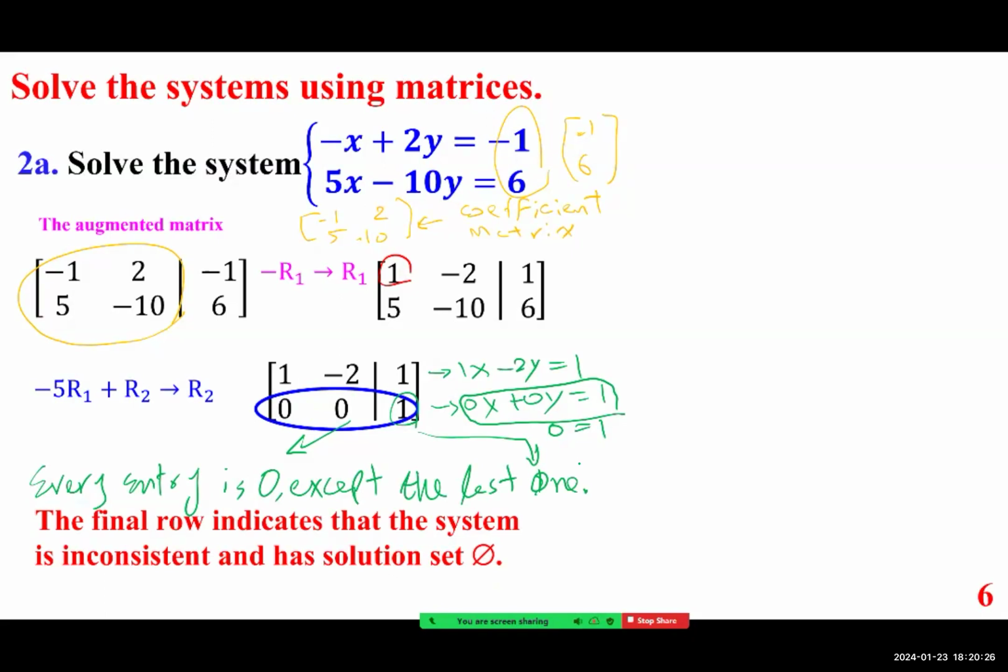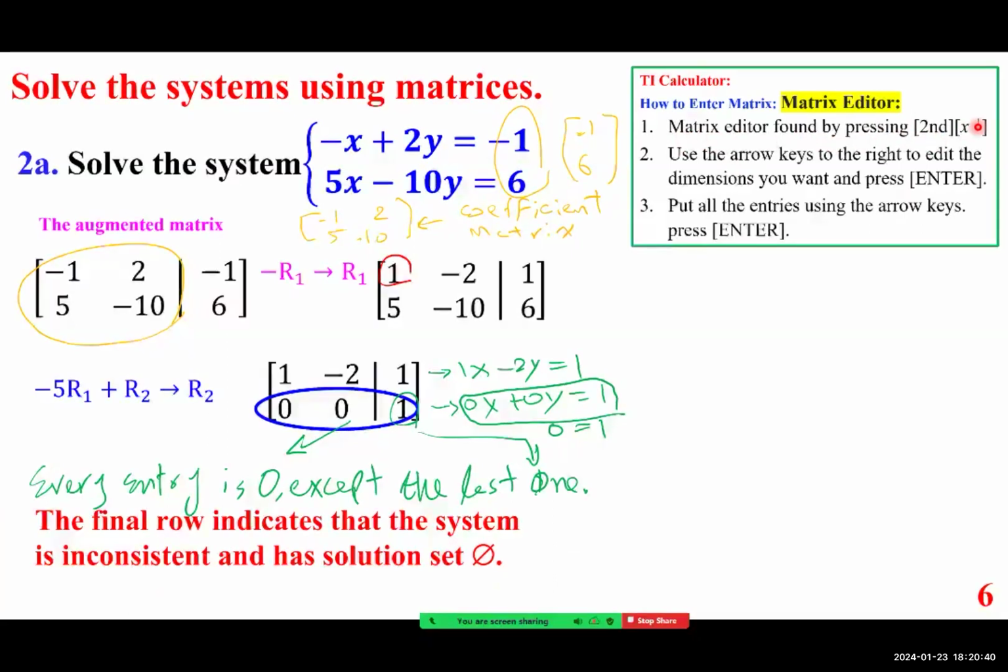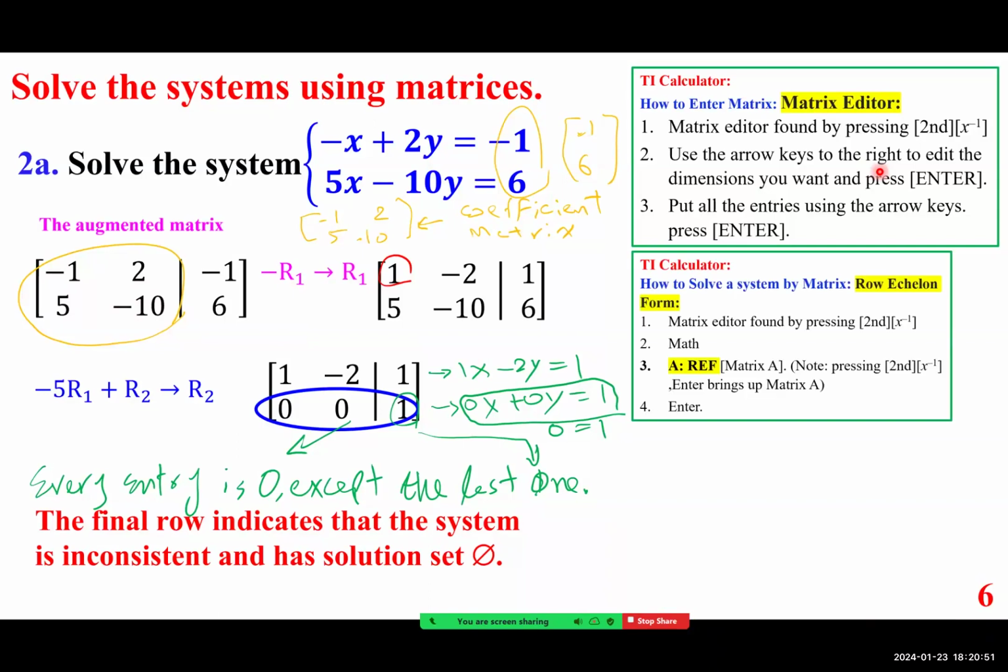Of course, when it gets complicated, you can use a calculator on that, but I want to show you the methodology for the calculator. First and foremost, for example, if you're using a TI calculator, you're going to go to matrix editor, found by pressing second and x inverse. Use the arrow key to the right to edit the dimensions, and then put all the entries. So how to solve row echelon form? Matrix editor found by pressing second x to the power of -1, math, and REF, the very first one,